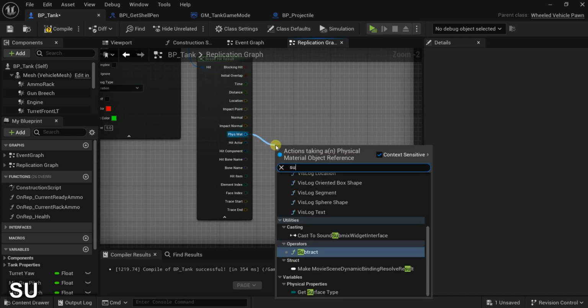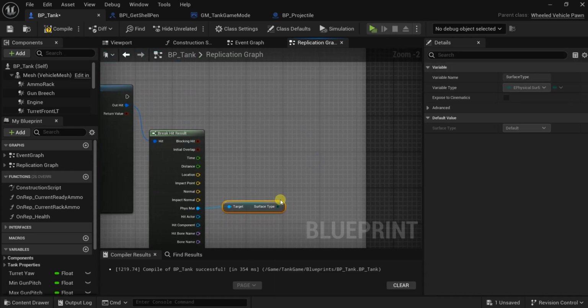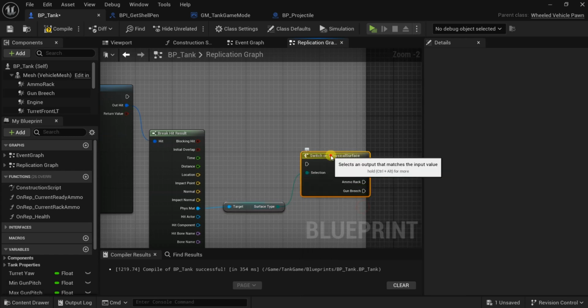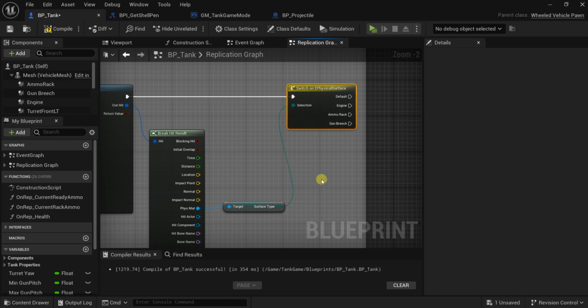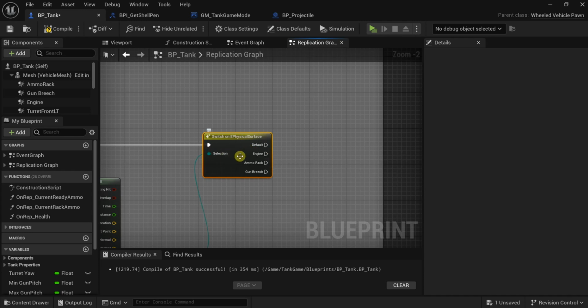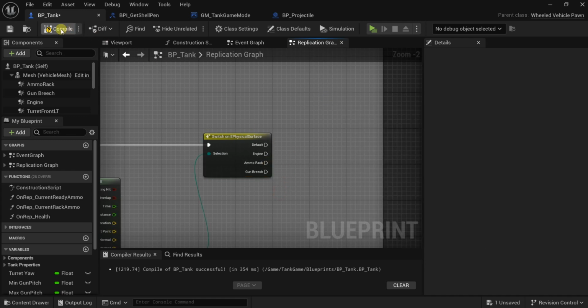Look for surface type, and here switch on physical material. Here we have the three physical materials that we already made, so we can specify a reaction to each one of these. So for the engine,